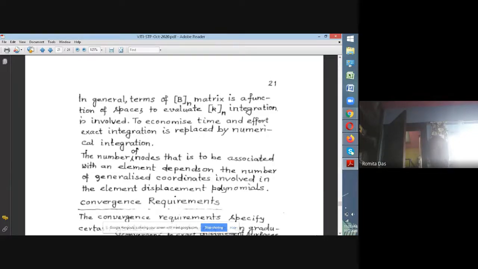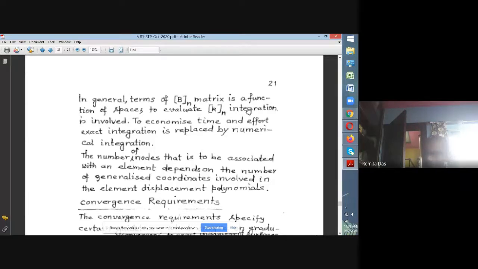And therefore, the question is that as you go on doing this refinement infinitely, does it actually guarantee that your results are going to converge to the exact solution? That is what is there. What are the conditions that are to be guaranteed so that your convergence is assured? Or what are the conditions to be included so that your convergence on refinement of the discretization is guaranteed?